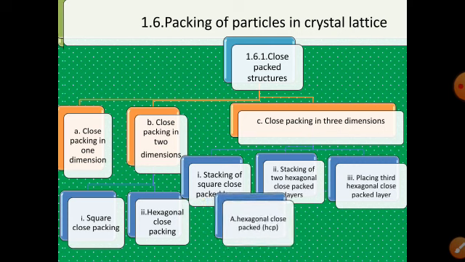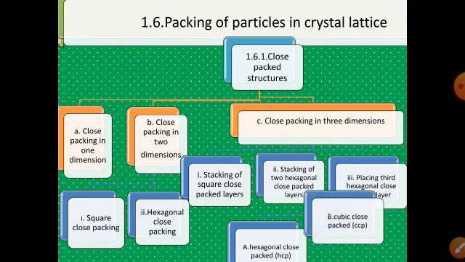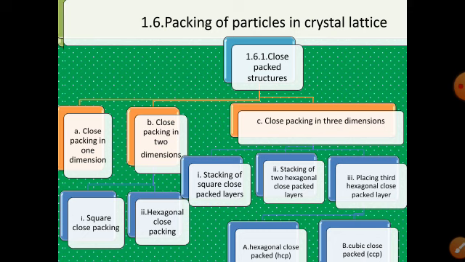Again that also depends upon the unit cell shape we get. There are two types: one is hexagonal close pack and the second is cubic close pack, that is CCP. Now we will discuss one by one. First we will see close packing in one dimension. Here the particles, that is atoms, ions or molecules, we are considering as spheres. So one sphere is in contact with another sphere, which is in contact with a third, which is in contact with the fourth, which is in contact with the fifth. Likewise it makes one row.